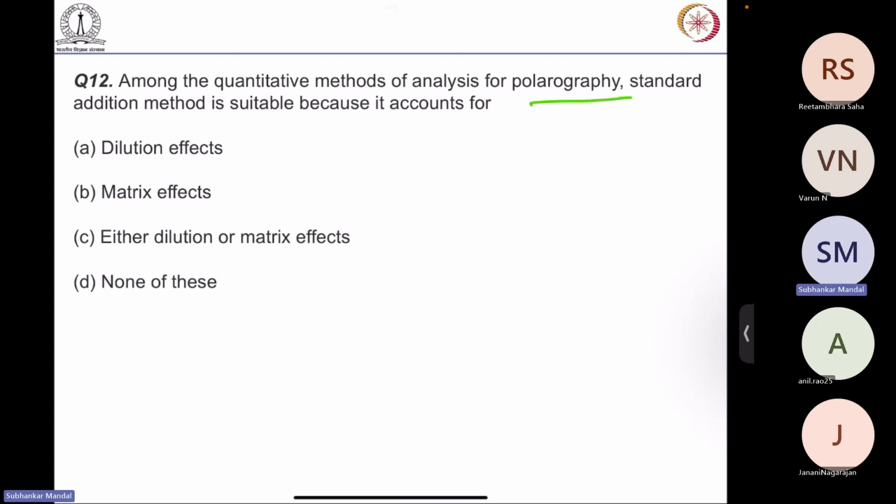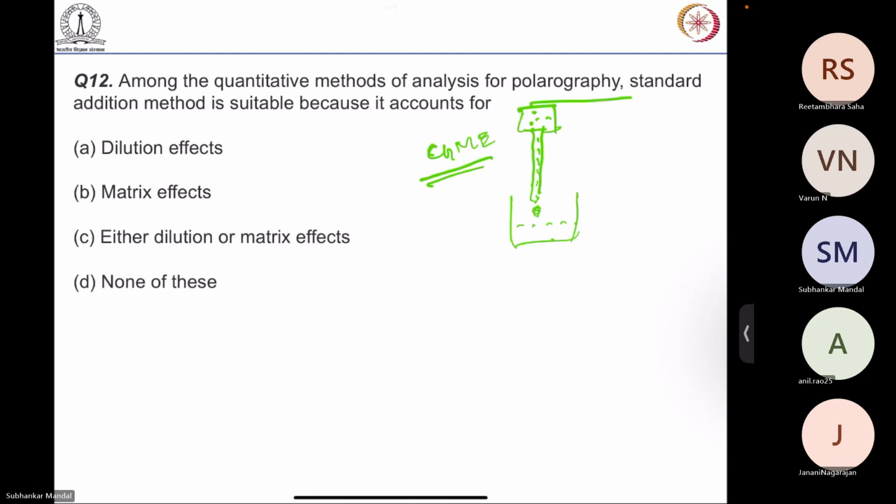Polarography, I think this was not discussed in detail this week, so maybe next week we'll discuss more. But I am just telling you. In polarography, basically there is a dropping mercury electrode, controlled growth, CGME. So here you have the analyte and one capillary where the